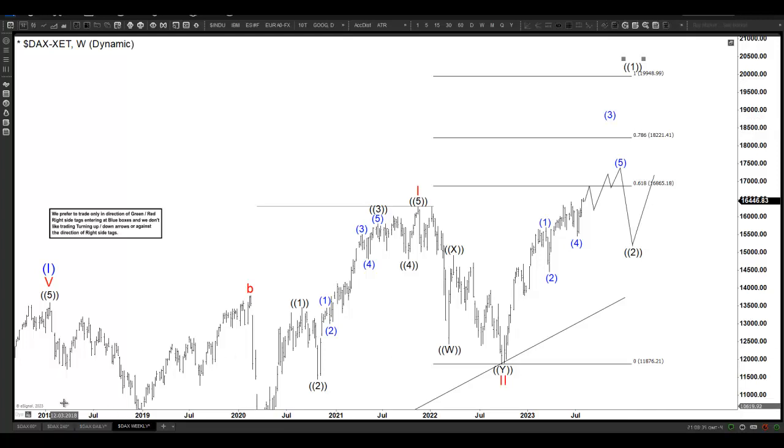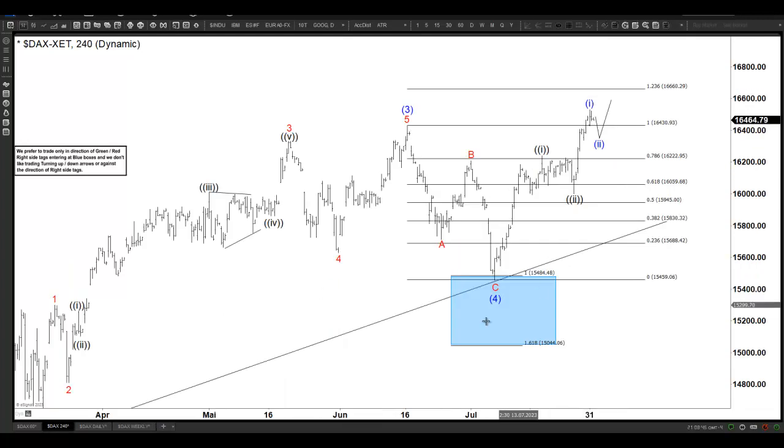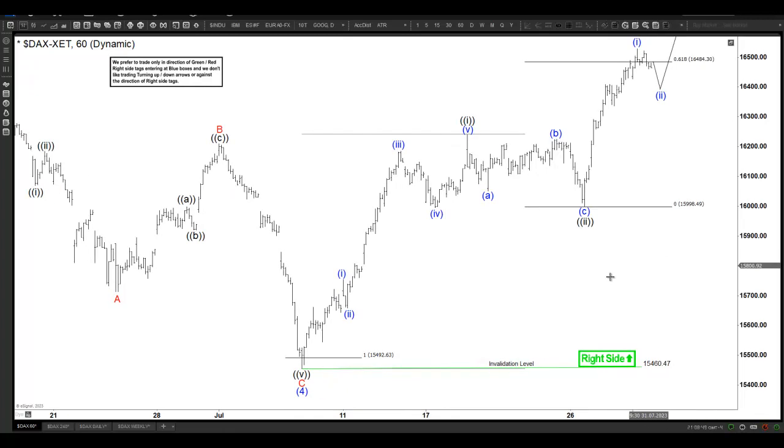So we don't make much now about what will happen next in a larger view, if it will extend or not. What we do like, we still favor pullbacks to find support against the lows of 15,998 in 3 or 7 swings. Typically we will provide later on with an opportunity, once we see first 2 swings, A and B or W and X, then we can provide an area where wave C or Y of 2 should